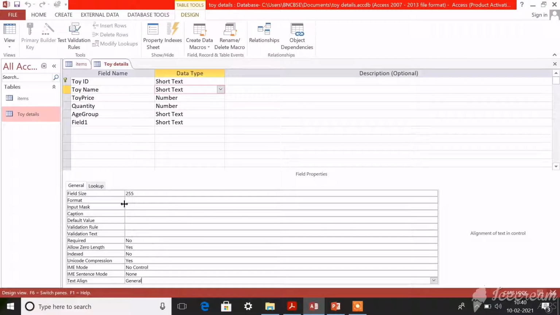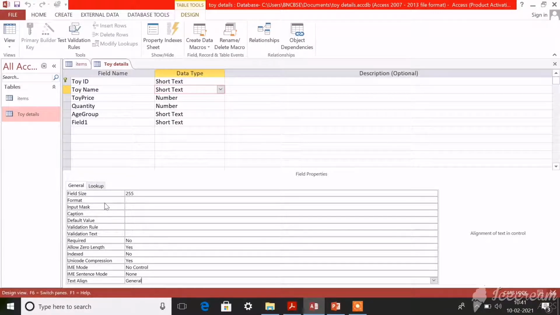Okay, so the next option is the format option. The format option will specify how data will be displayed. You know, formatting is a way in which you make your text or your document look more attractive. Using the format option you can give styles to the data that you enter, isn't it? That is the meaning of formatting.